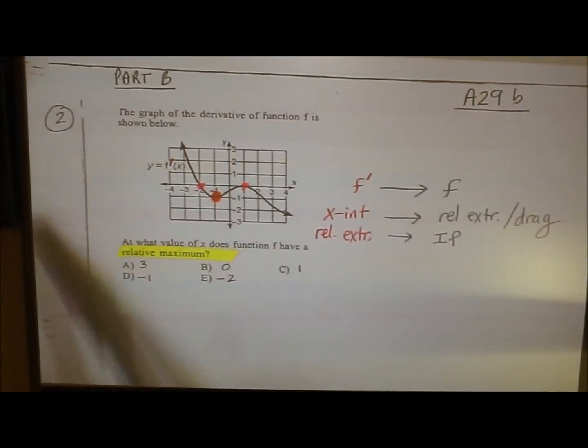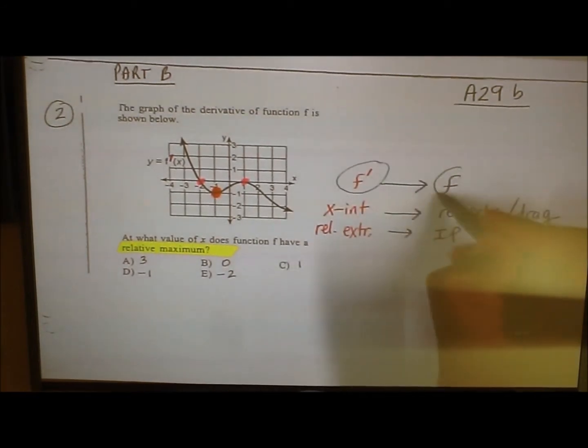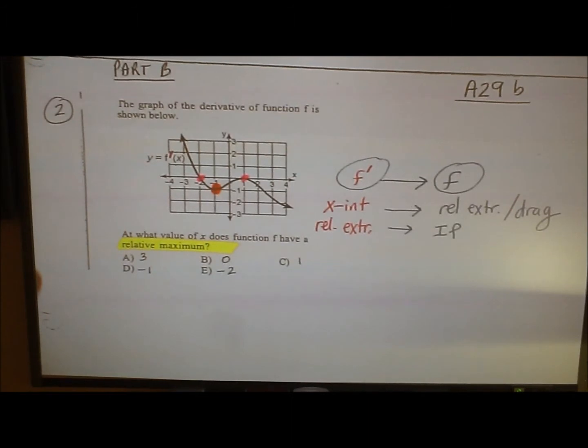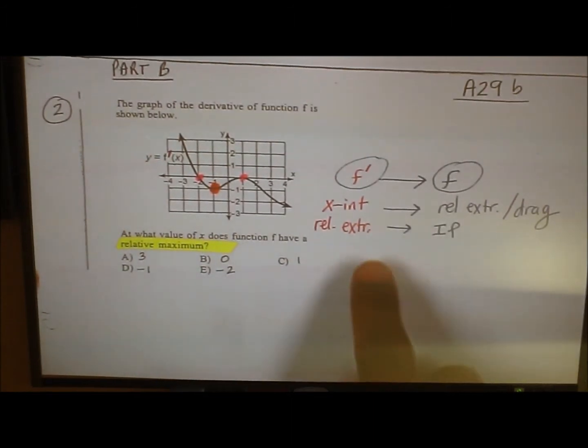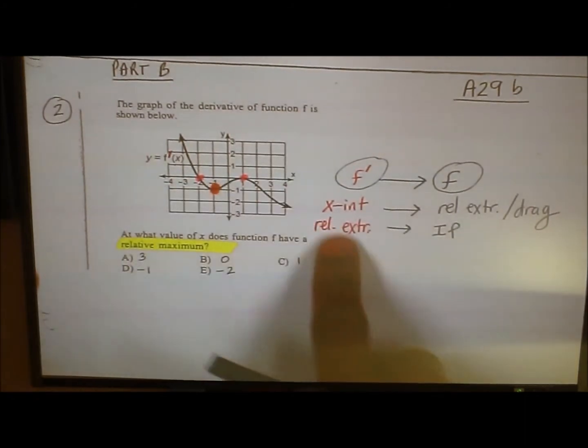Alright, so this is the same type of question we've been working with, going from f prime back to f, but it's in a multiple choice format. So it's very important that you understand the connection between f prime, which is this graph, and the graph of